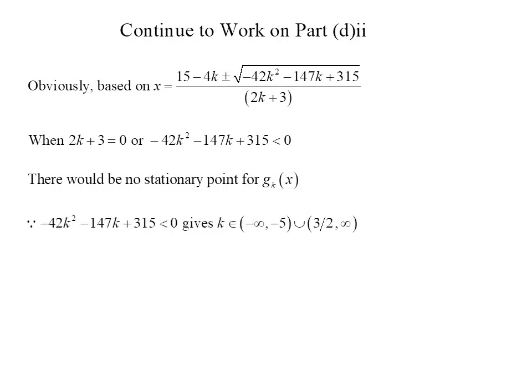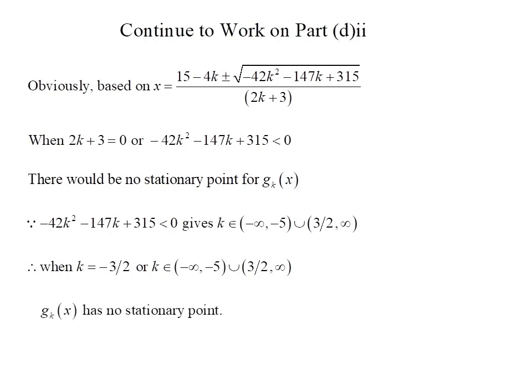Solving the inequality negative 42k squared minus 147k plus 315 is less than 0 gives that k is less than negative 5 or greater than 3 over 2. Since k cannot be equal to negative 3 over 2, so when k equals negative 3 over 2, or k is less than negative 5, or k is greater than 3 over 2, the function g sub k of x